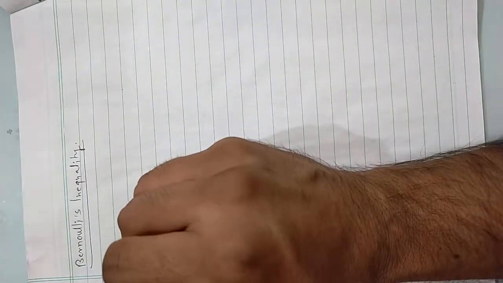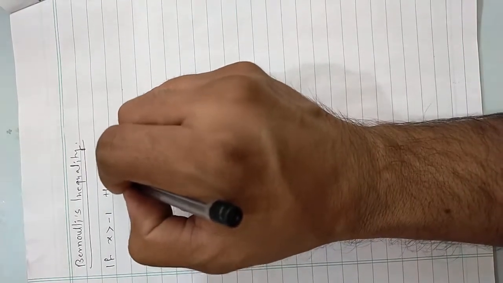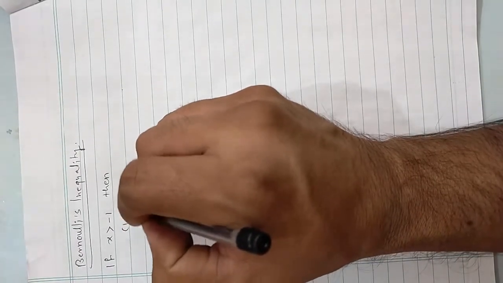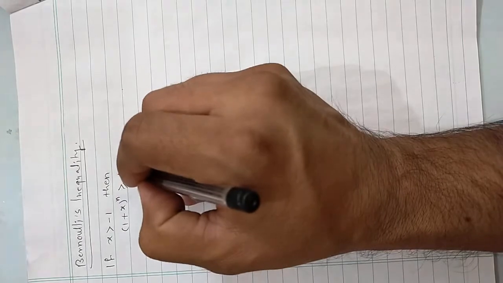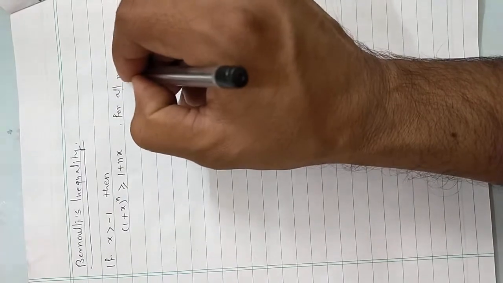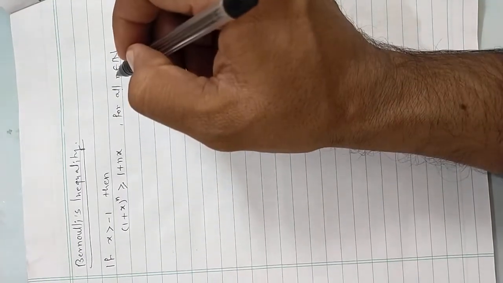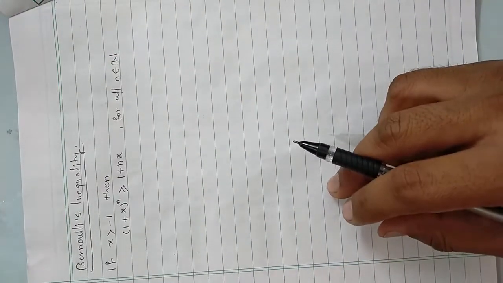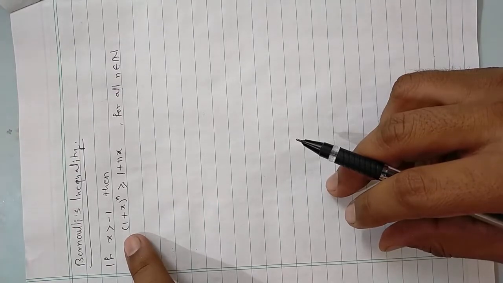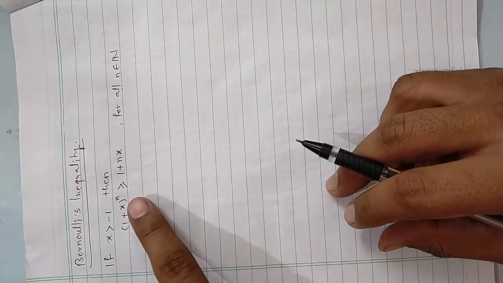The statement is that if x is greater than minus 1, then (1 plus x) raised to n is greater than or equal to 1 plus nx for all natural numbers n. So if x is greater than minus 1, then this quantity, (1 plus x) raised to n, the degree n polynomial,